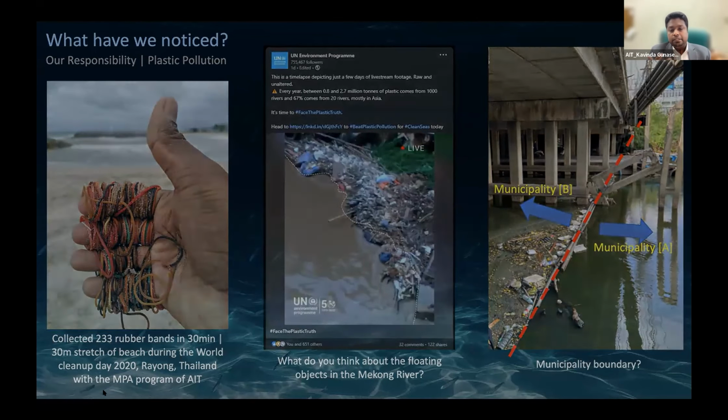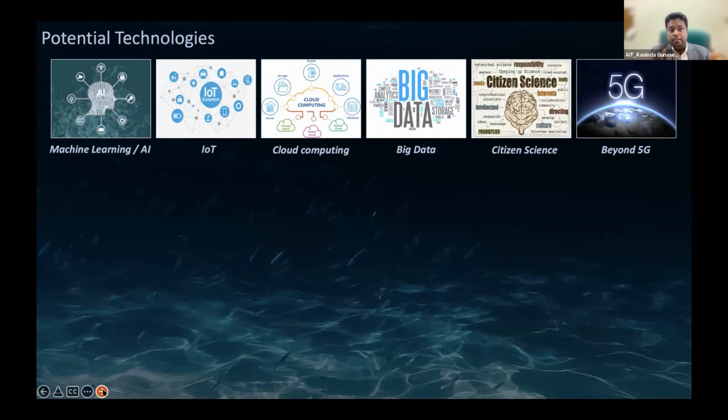So when we think about this kind of solution, we can bring the latest technologies like machine learning, deep learning, together with AI solutions. To monitor this situation, we can think of IoT, and we can even embed CCTV into these IoT solutions. When you are thinking about scaling up to other countries or having a centralized processing system, we can think of cloud computing. And big data is always the topic: if you are getting continuous data, then we have to think about how we are going to analyze what we are observing in the environment.